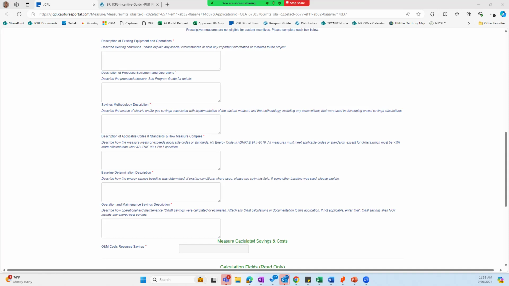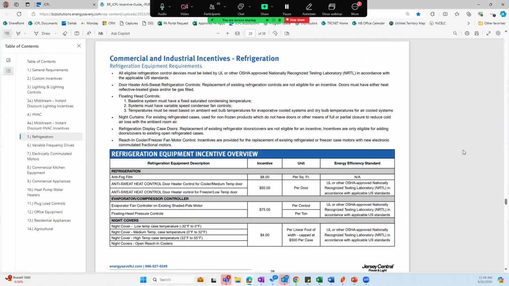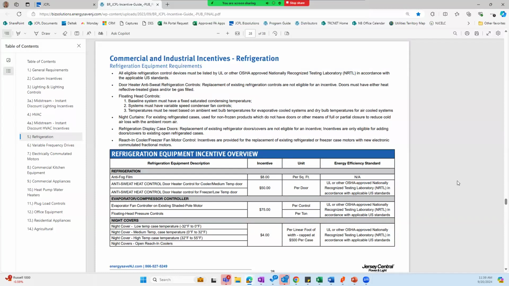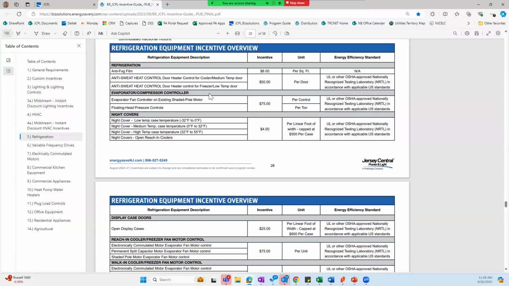Does the chiller include refrigerators and ice machines? Well, we have refrigeration as a prescriptive incentive here. So you're going to want to take the time to see what category it falls in.